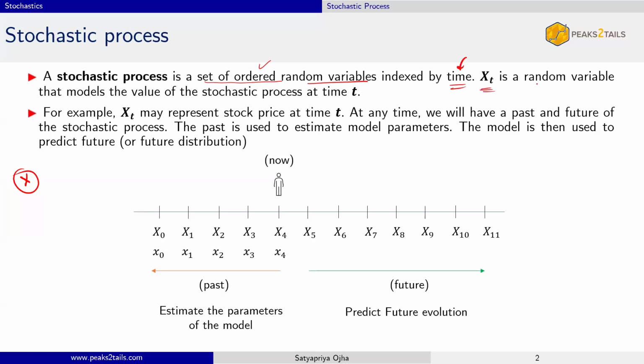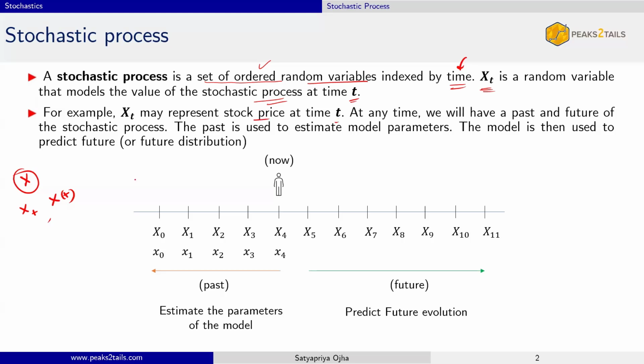So let's say Xt is a random variable which models the value of the stochastic process at time t. So when I write Xt or X(t), these are two different ways you can write it. Same thing. It means the value of the stochastic process at time t. That's all. Okay. So collection of random variables indexed by time. That's what you need to remember. All right. Now, what is Xt? Xt is the stochastic process that we are using to model something. For example, Xt may be stock price. Stock price at time t. Okay.